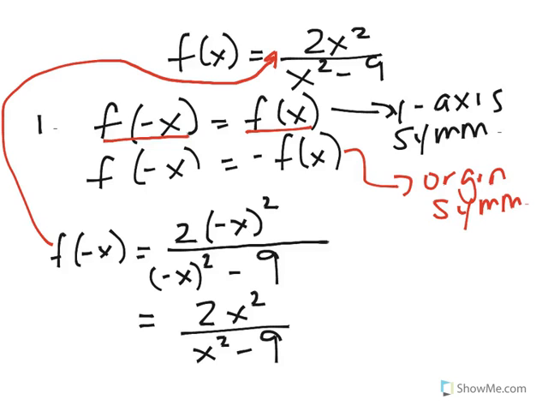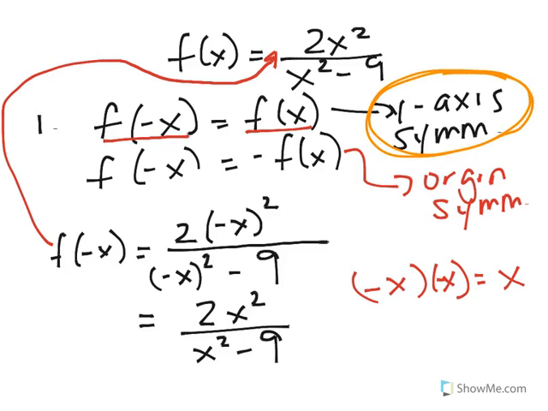If you're still a little confused, you're going, okay, how did you get this 2x squared over x squared minus 9? Well, a negative x times a negative x is a positive x squared. So that's how I got this 2x squared. And then negative x squared is negative x times negative x. That's x squared. So it's x squared minus 9. So both of those are equal. So like I said, it is symmetric with respect to the y-axis. Now,